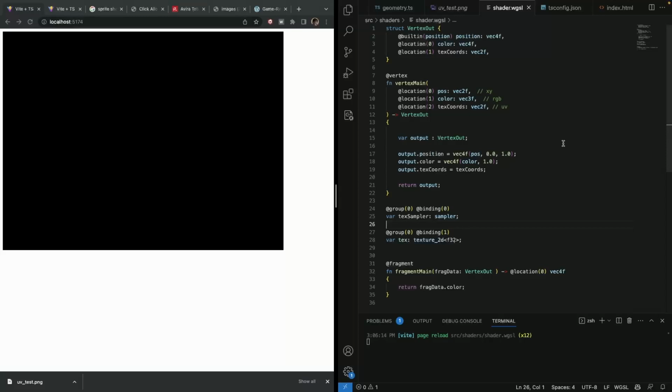It's essentially an object which says how should we sample the texture, how should we sample texels from that texture, and group 1 here and binding 1. We're actually going to cover it a lot in the next video, but it's just like we had to specify here